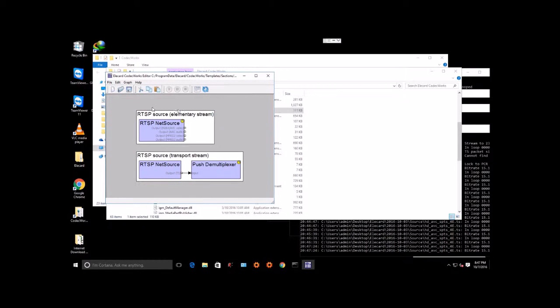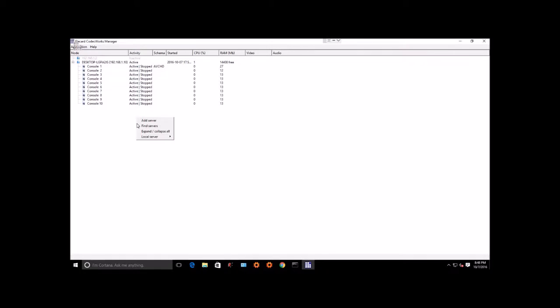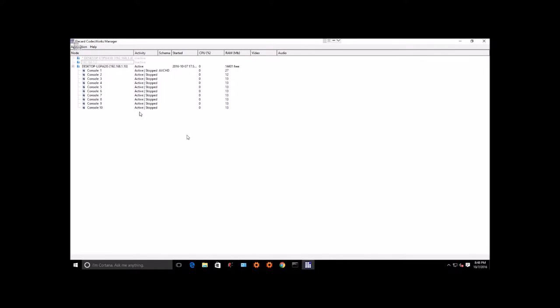Okay, it's saved. And go back to manager. It's important to do because in this case you will adjust RTSP streaming with certain correct settings. Follow the same steps as we did before, activate it in console mode. And now we can try to adjust your RTSP streaming. Go to create schema,